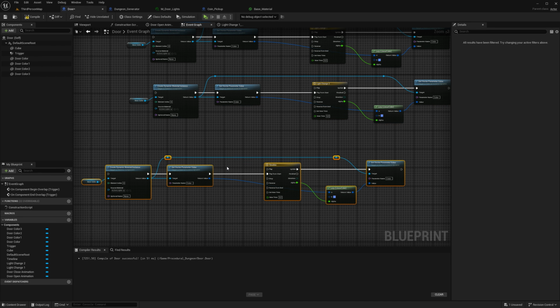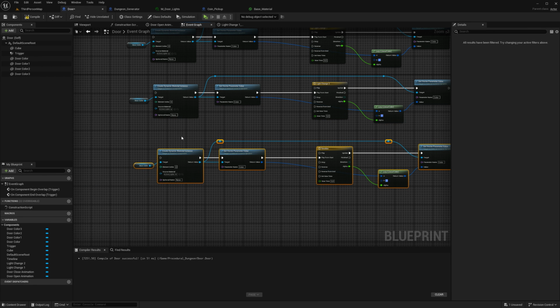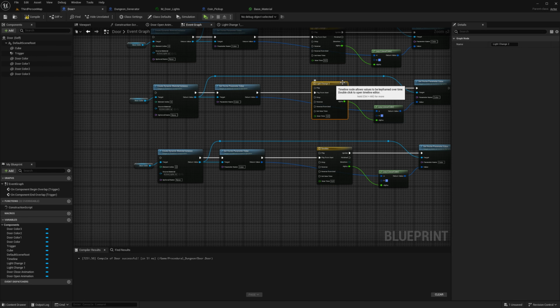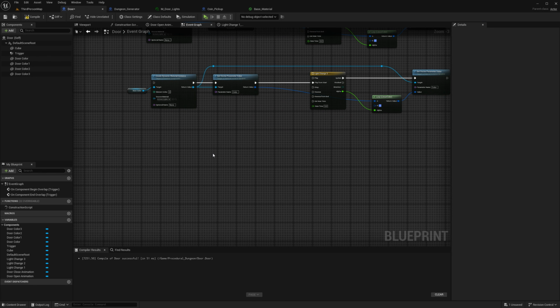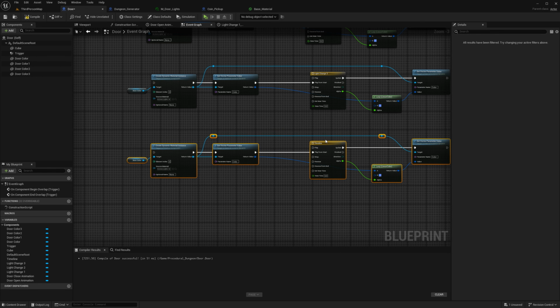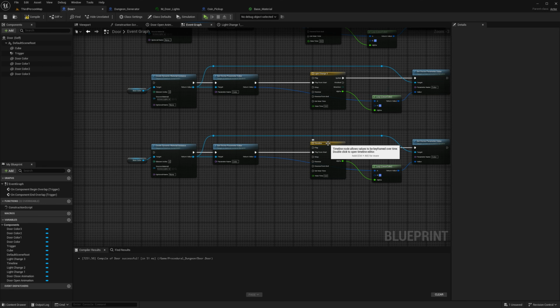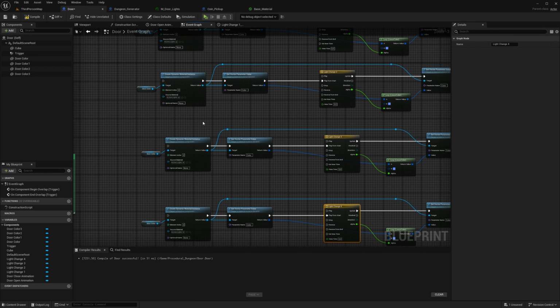Copy, Control C, Control V, rename the timeline, get the other name here, Control C, Control V, light change 3, Control C, Control V, copy the timeline name, go to the new timeline, paste it in and say 4. 1, 2, 3, 4.